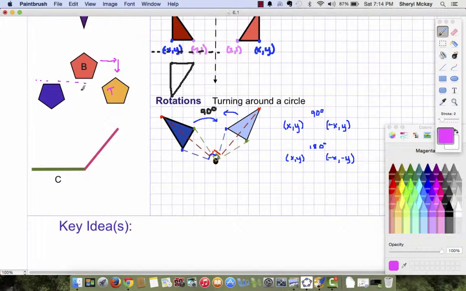So think about where it would be rotating. If we took this point here and we brought it down, say to be right there, then we would take this point and rotate it